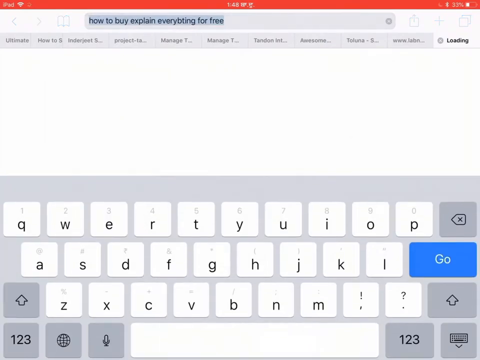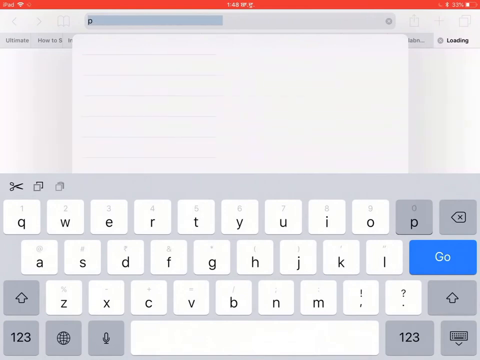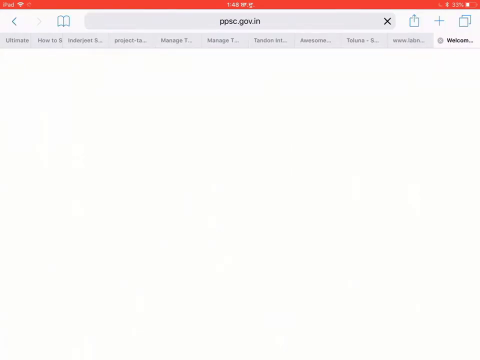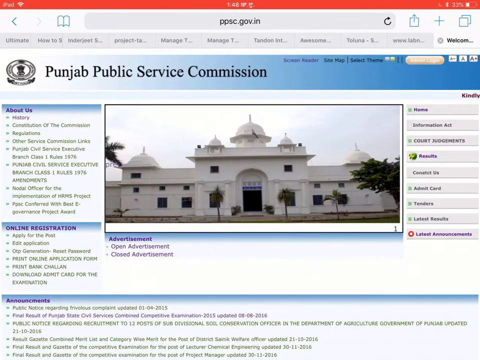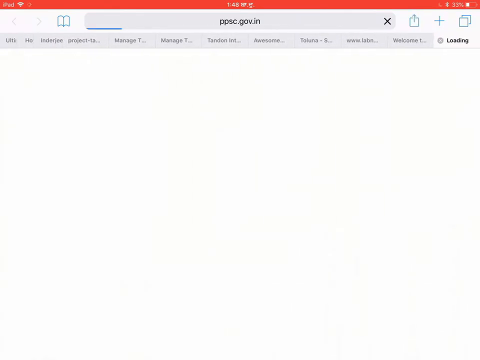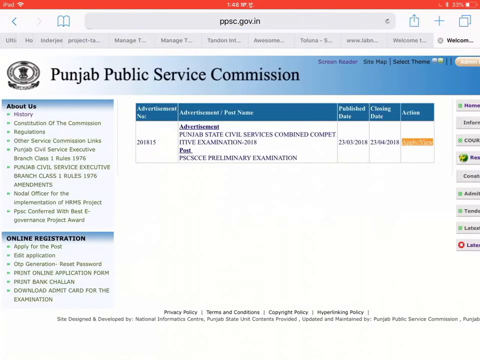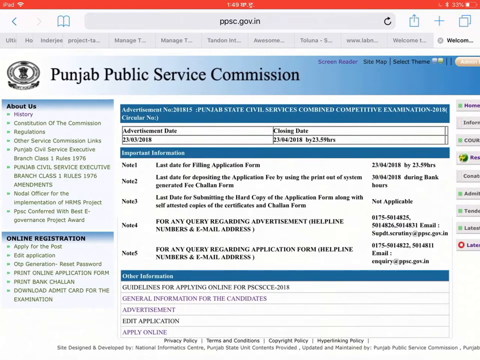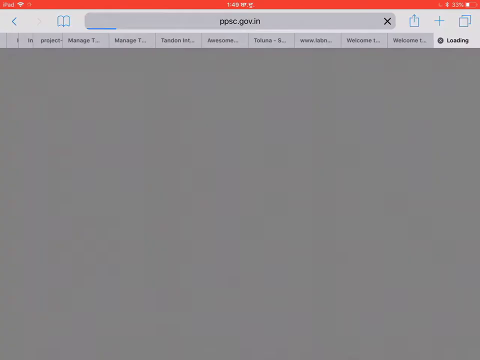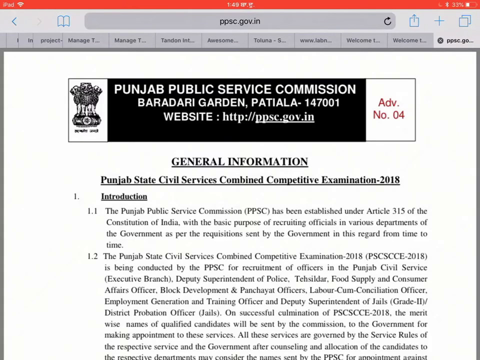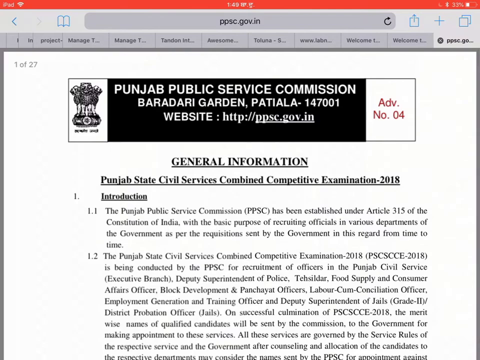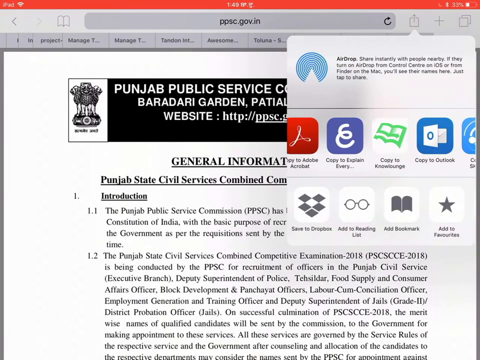So basically, from the website of your ppsc.gov.in, and once the website opens, here are the open advertisements that are still visible. Then you can click on the apply section, and after that go to general information for the candidates, and this is the entire information. So let us open it in some note application